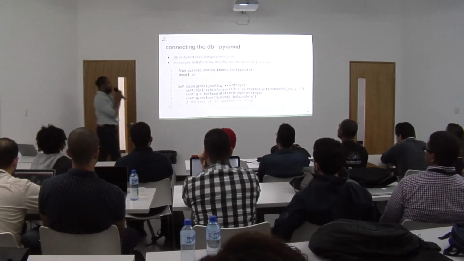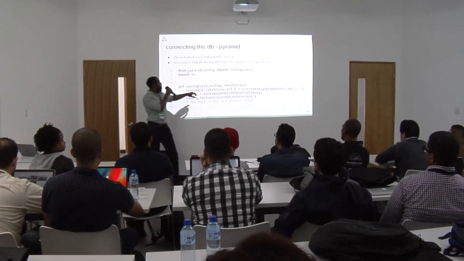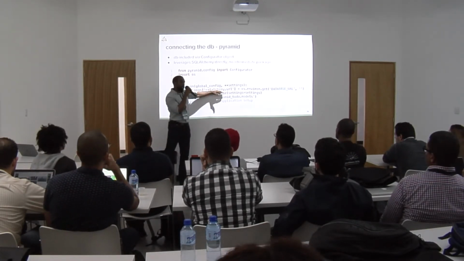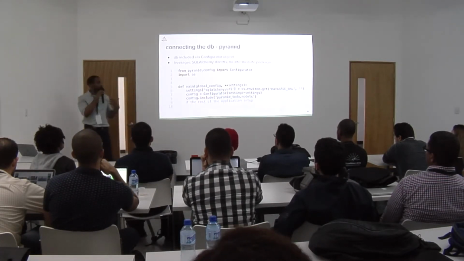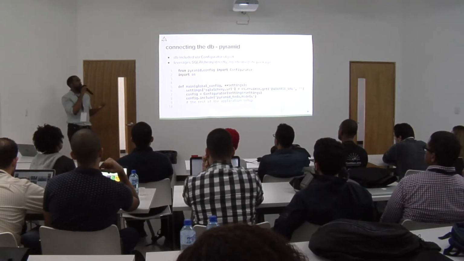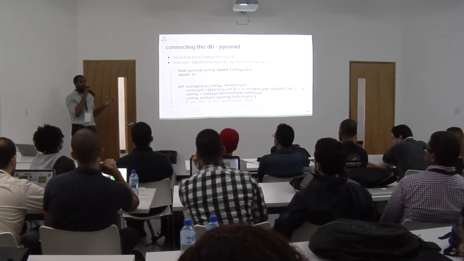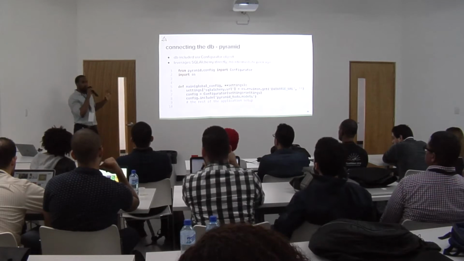When you want to connect to the database, you have to make sure you set up this line here, where you say in your settings, set the SQLAlchemy key to be this value, which is your database URL. You don't have to do it this way, but I choose to because of this one specific reason. I'm not a fan of committing